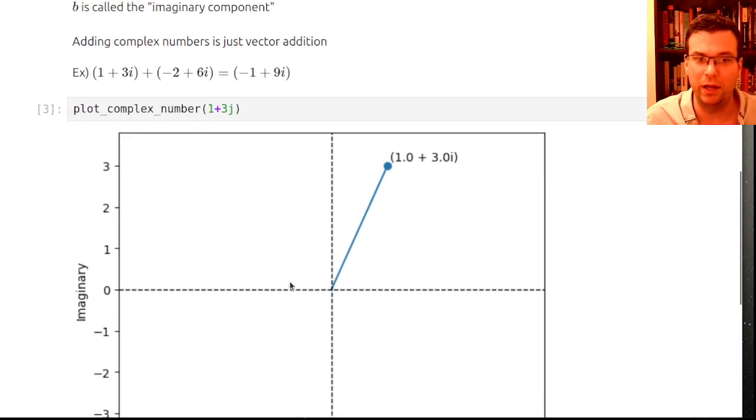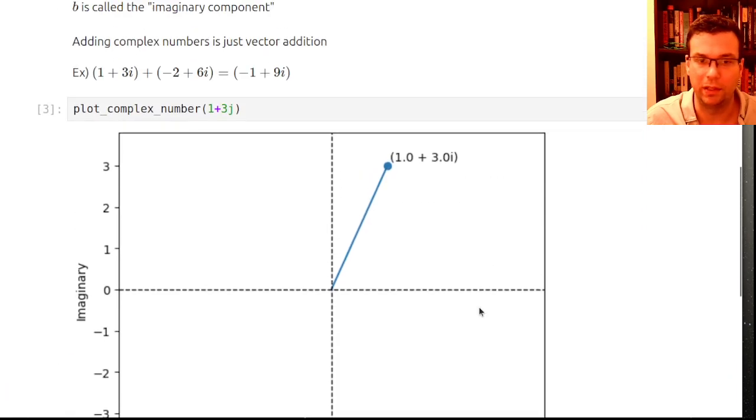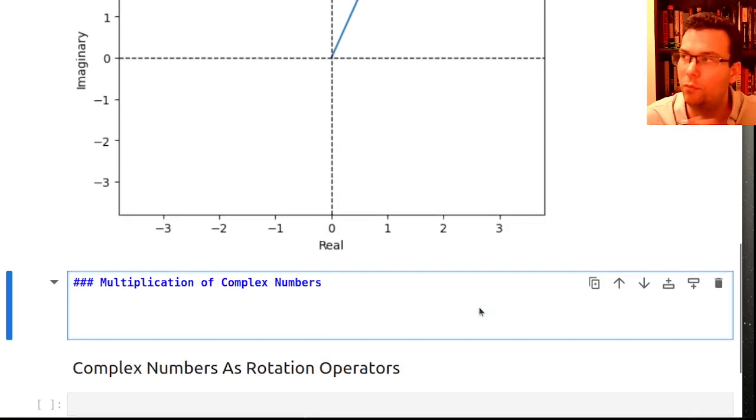But one thing that I want to go through that's slightly different is how we multiply these together. So when we talked about multiplying 2 vectors together, we said, okay, there's a few different ways to do it. I mean, there's a few different notions of multiplication. There's like a dot product, there's a cross product, and also this direct component by component multiplication that I told you is sometimes useful. But for complex numbers, we're just going to follow our nose, like treating them kind of algebraically as